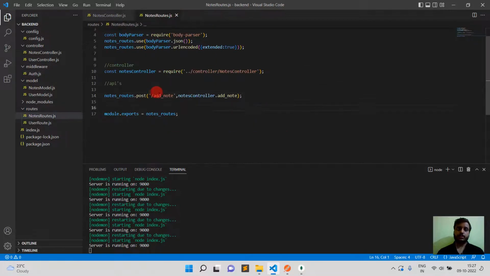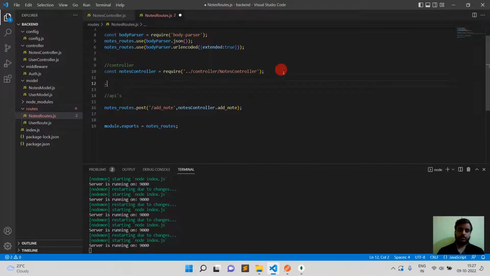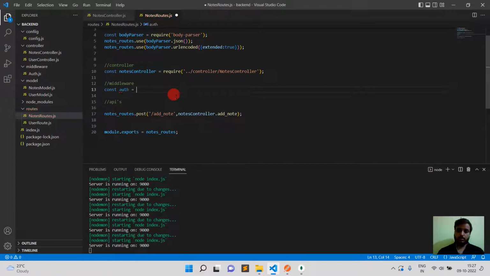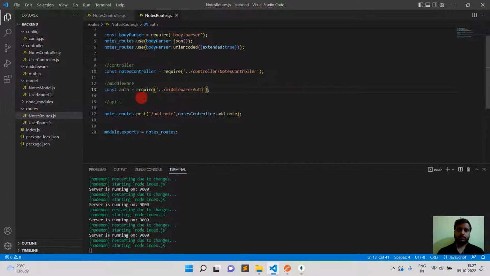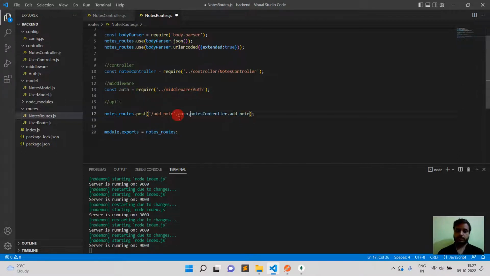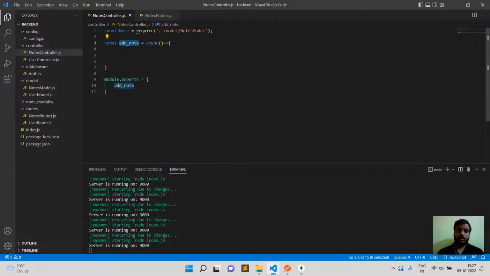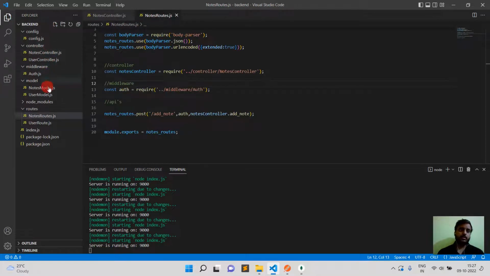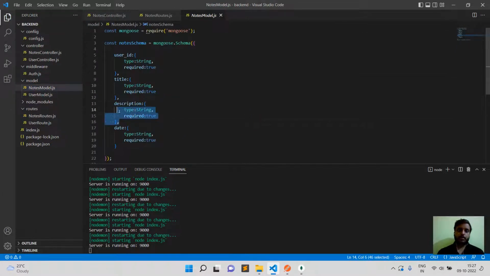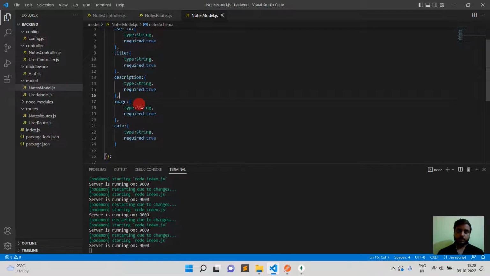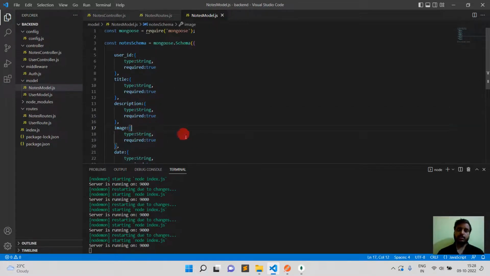Now I'm going to import this here inside notes routes, okay, and const path equals to require, and just copy this and paste here. And I forgot one thing more. Inside notes model we will also pass image of the note. So here I passed image and the type is string and required true. Okay,